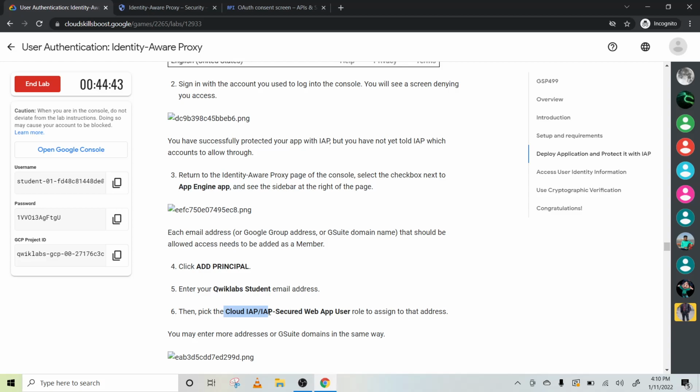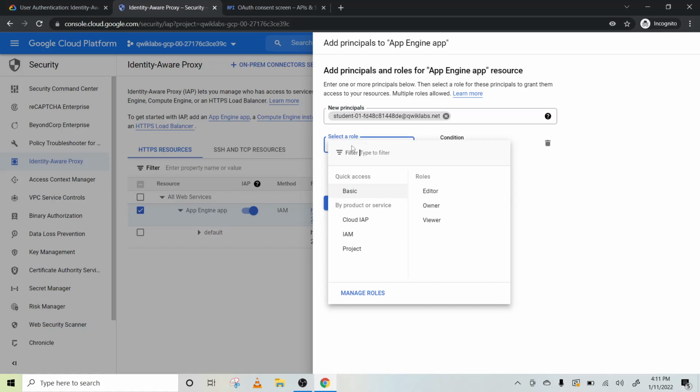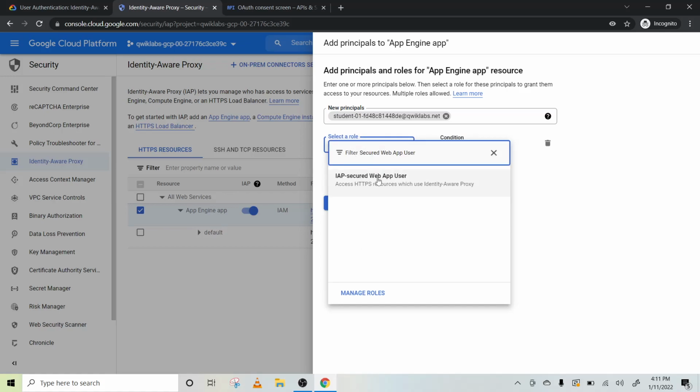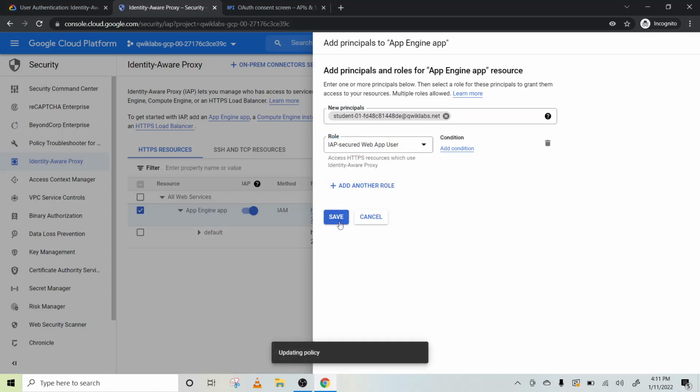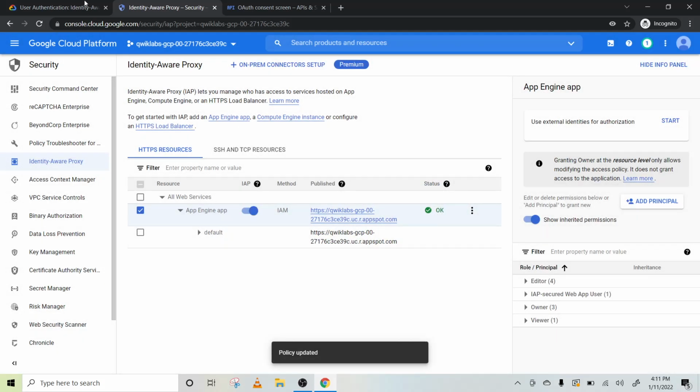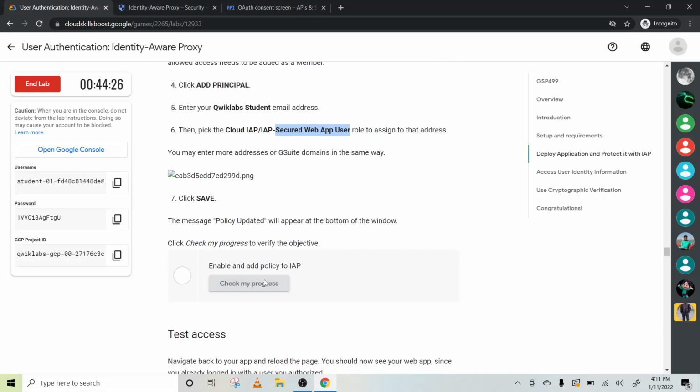Pick cloud API secure web browser app user. Just copy this, enter the role, paste it, and select it. Click on save. The policy is saved. Let us check.